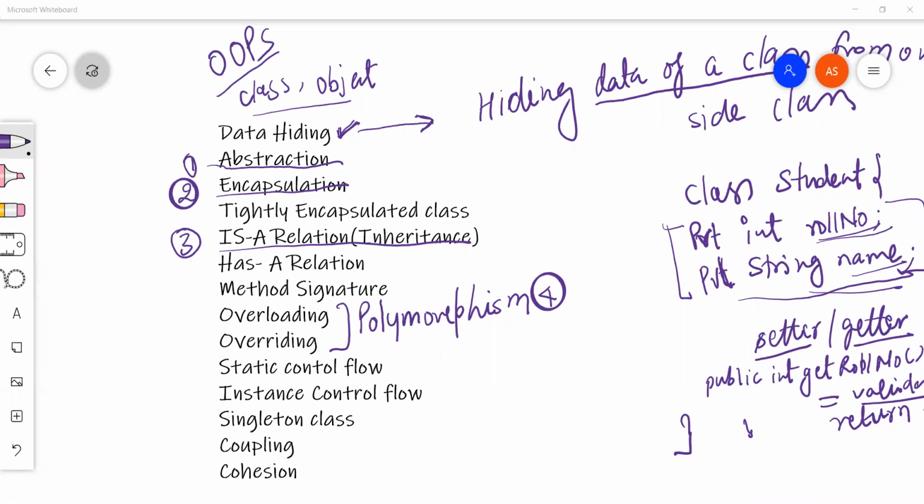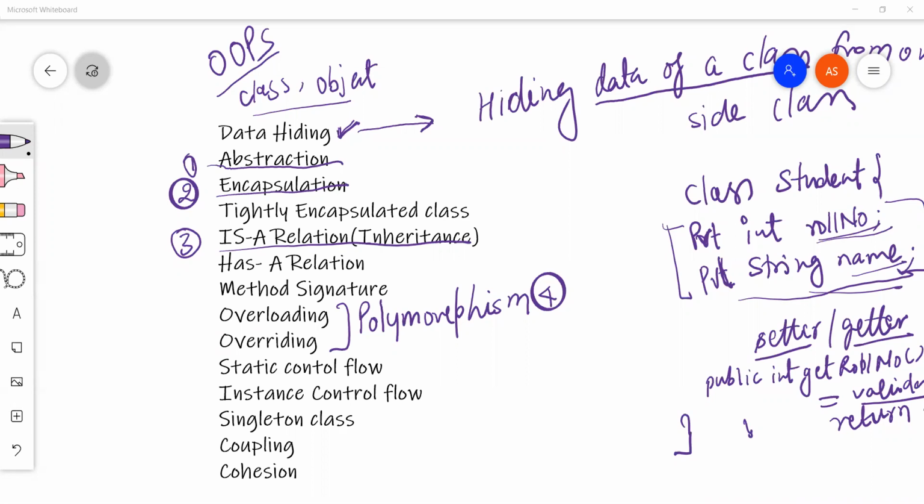That's why I am saying, when we are talking about system level, not on code level or class level, then we can say abstraction is there between user and system. There is a layer of abstraction. System doesn't expose how it is working.